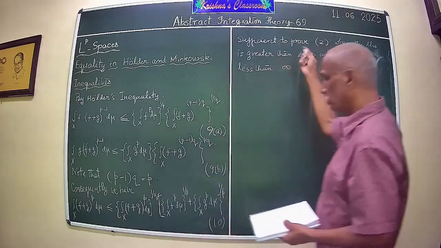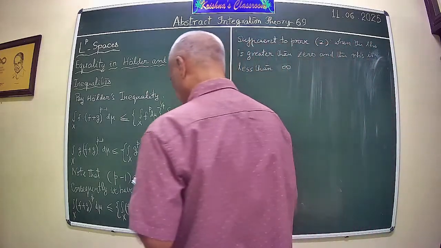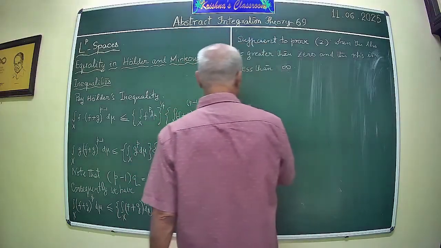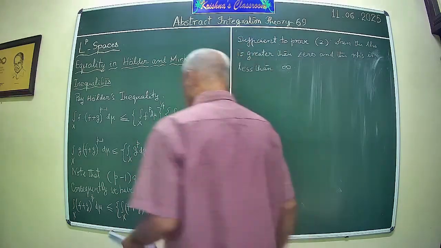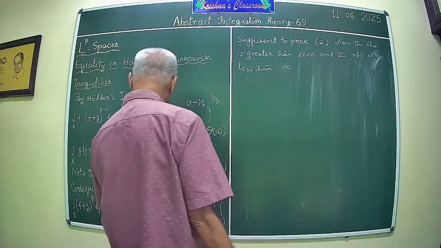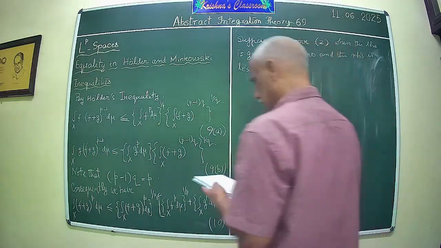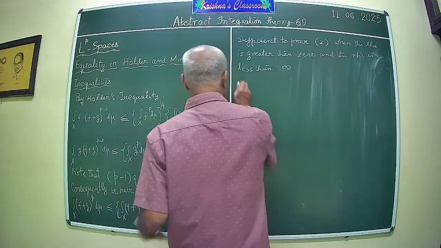Because in those two cases it is obvious that it is true. Okay, so we use once again convexity to prove that. See, the problem is that you will have to show this is not equal to 0. Then only you can divide by that. Okay, by